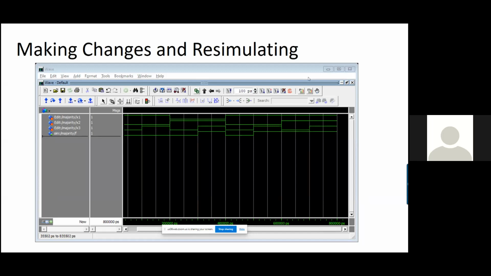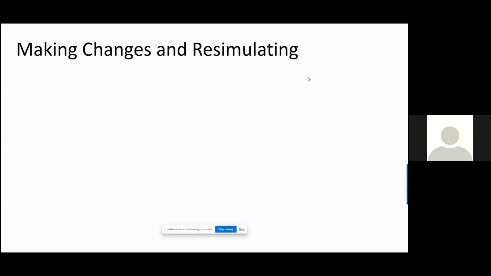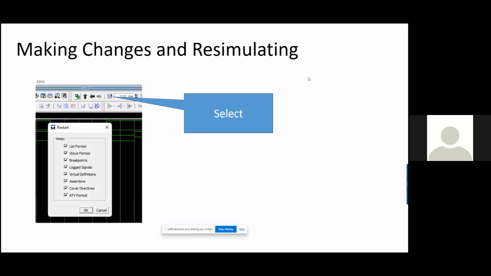Now the question arises: after compilation, is there any option to resimulate by making changes to the inputs? Yes, it is possible. You may change any of the inputs X1, X2, X3, and then select the restart button.